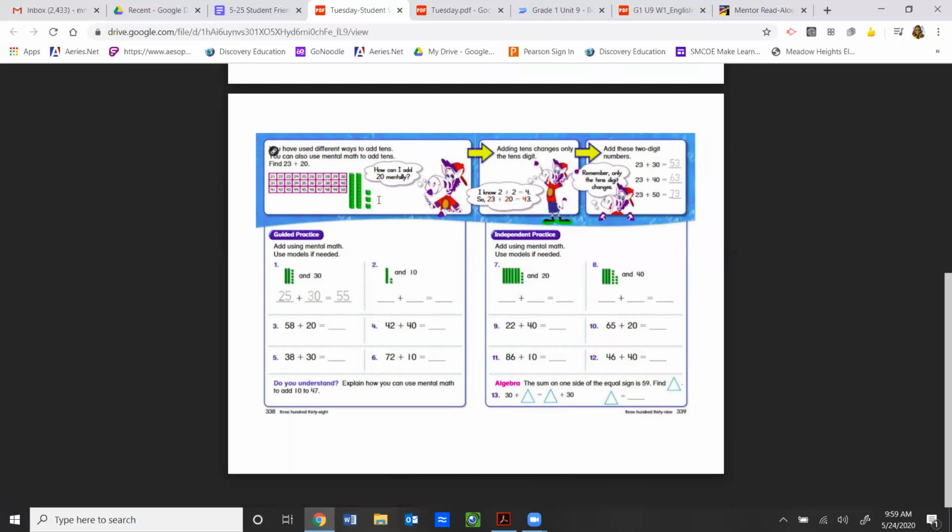You can also picture these tens cubes. If you can picture a hundreds chart, you can do that as well. But I think thinking of how just the tens place changes, that's going to be I think the quickest way for you to solve these problems. Okay, so for number 1,